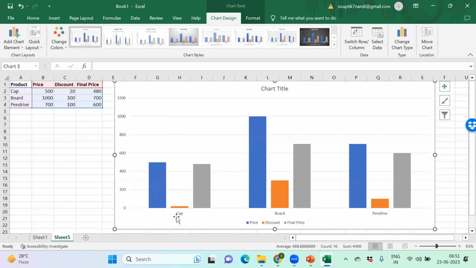A particular business analyst can easily check it. The blue is the price, this is the discount, and I'm subtracting this part. So blue minus orange is the final one. It's totally dependent on the business, how they want to check it. So we need to understand the requirements and represent the data in the following manner. I just try to convey that the same data can be represented in different charts, which have different business logic and different business representation too.